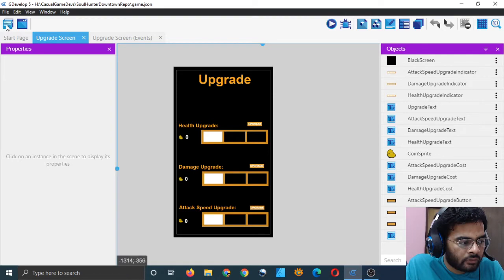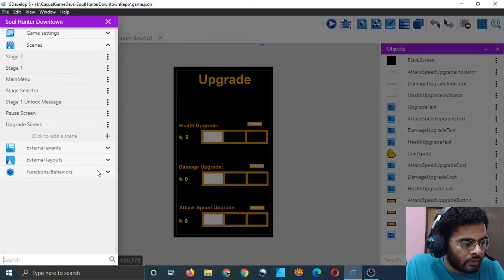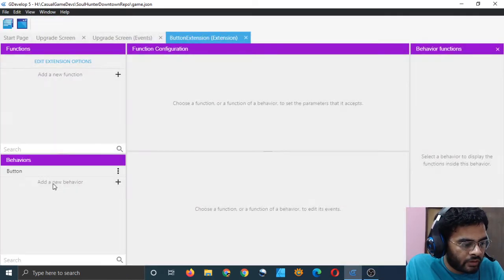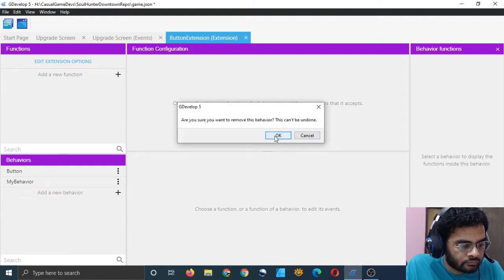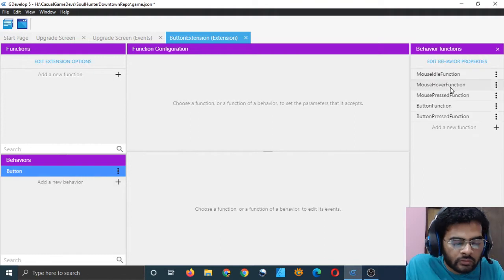Let's first go to this functions and behaviors and button extension. I have a button behavior, but I will also create a back button. Should I just do it in the button only? I guess I can. Go to button, and I have all these functions: button function, button press function.